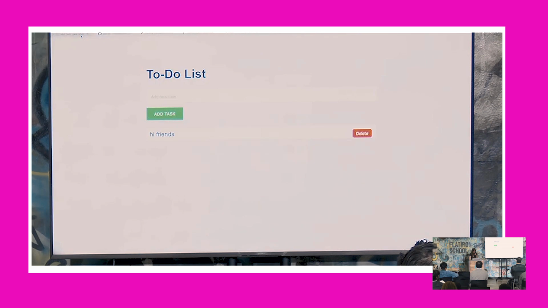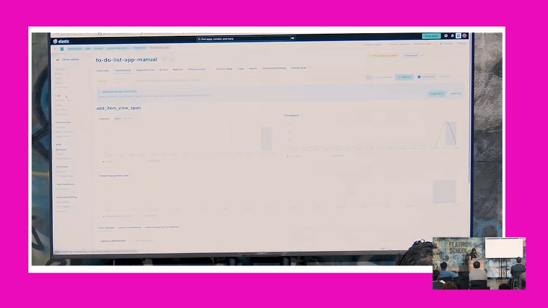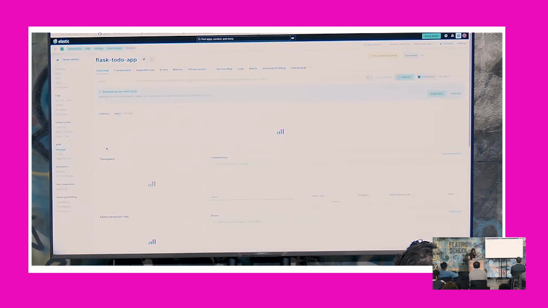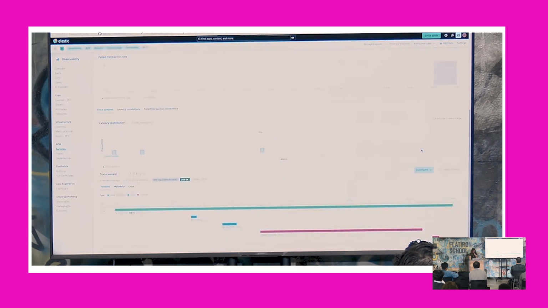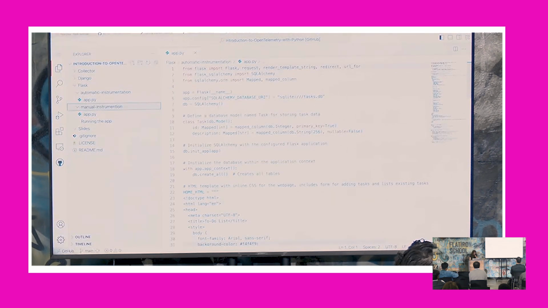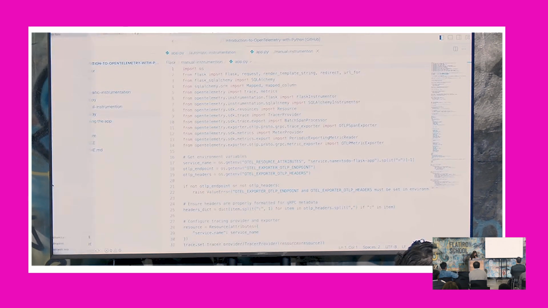And now if we go into services, we can see that my Flask to-do app is still running. We see all the posts and the add and the get and everything like that. And then from here, we can see everything just in here, which is really cool. And one of the things that's really cool is that there's no code changes. So if I wanted to take a look at what the Flask app.py